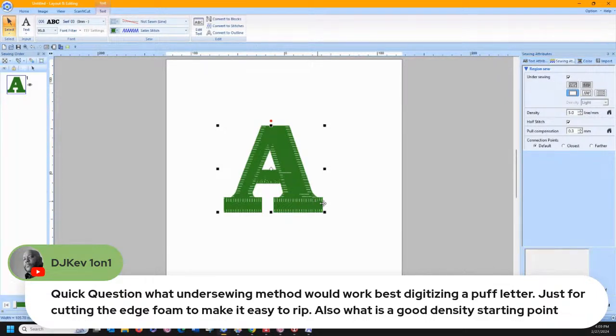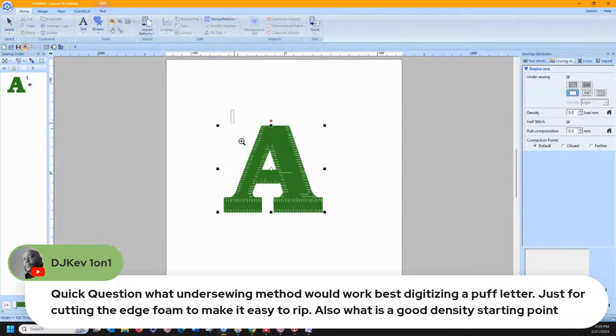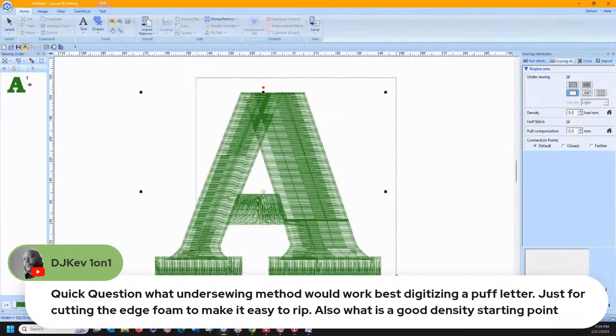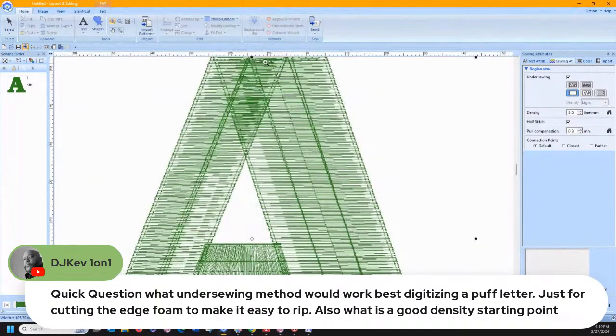And if we look in there, it's wrong. Let me look and see what we've got. Let's zoom in. That's as small, as little amount of undersewing as I can get. You just want it to do the contour as much as you can because you don't want it to tack your foam down. Now, density wise, you can go quite a ways up.